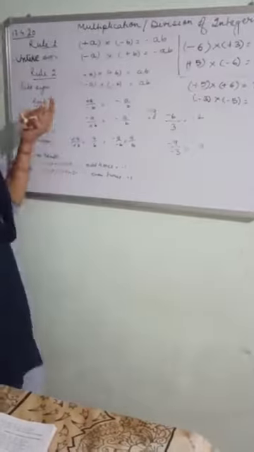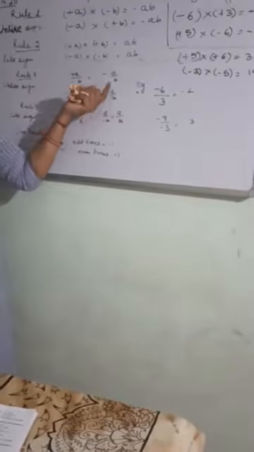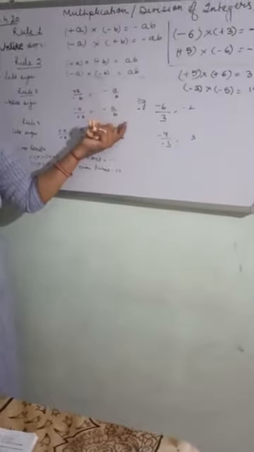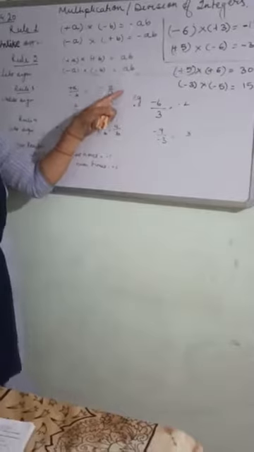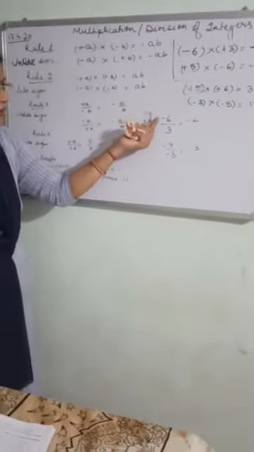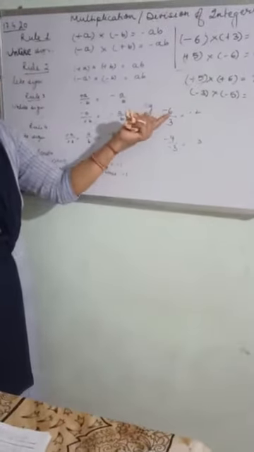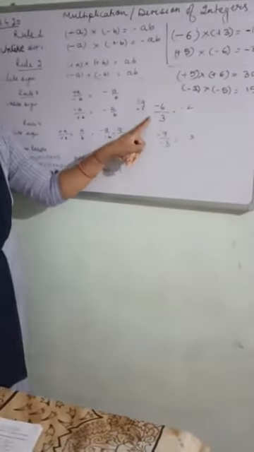Same rule apply for the division also. Unlike sign, like sign. If unlike signs are there, the answer will be minus after the division result, and if the numbers are like sign, the answer will be positive after the division. For example, we have plus a divided by minus b. Answer will be minus, and whatever be the division answers comes, minus a divided by b. Here I have written the example also. Minus 6 divided by 3. 3 2s are 6. So I have written 2 over here and minus sign because unlike signs are there.